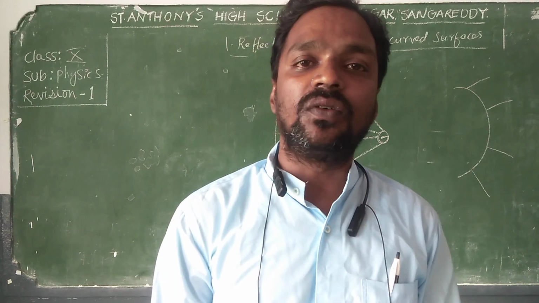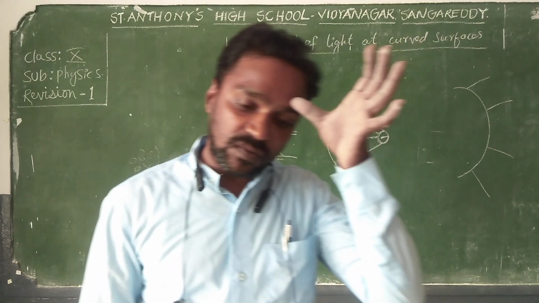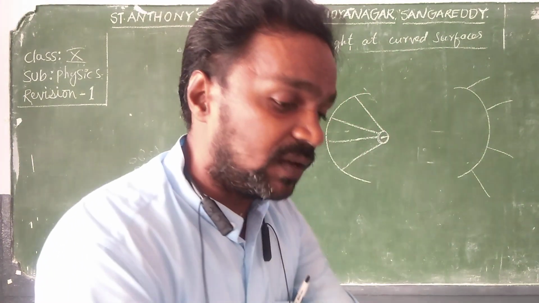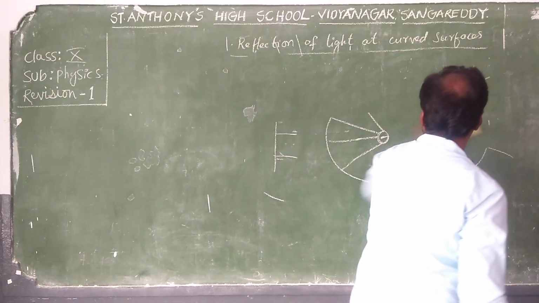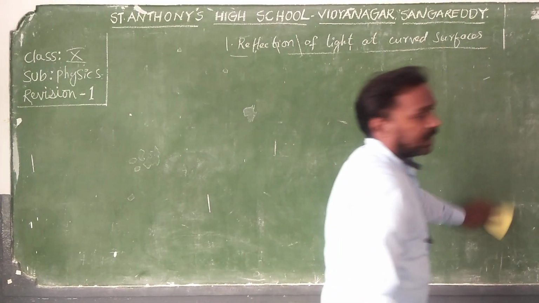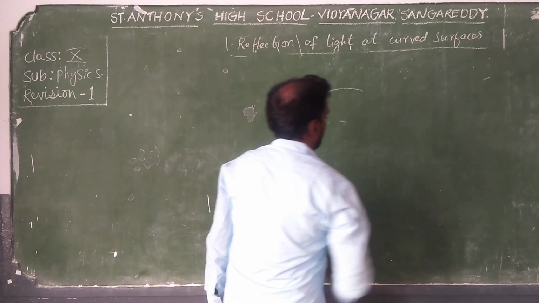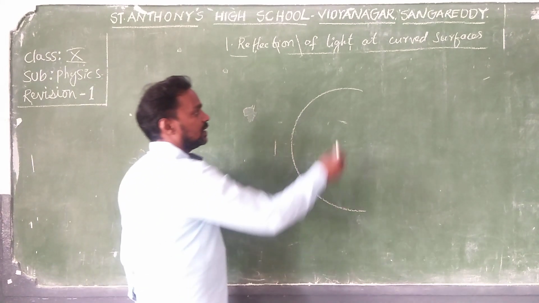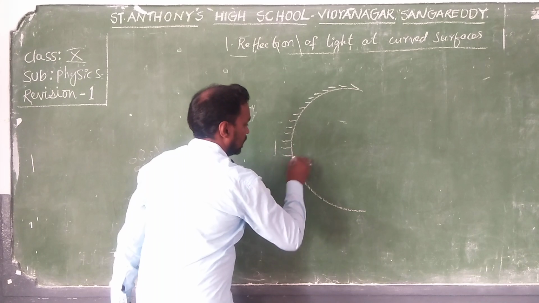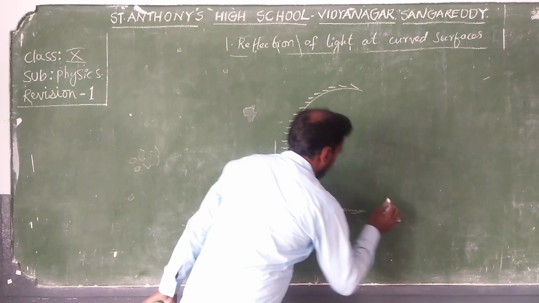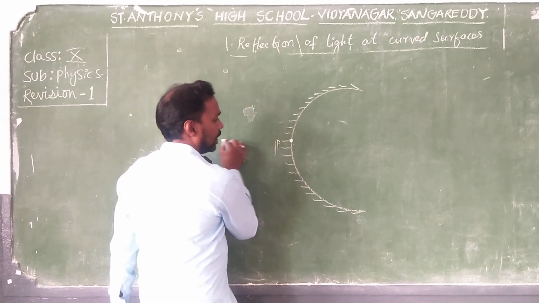Topic wise, if you go through it, you won't have any doubts. I told you about more than one ray coming towards a concave mirror. Let us see what will happen when more than one ray is coming. This is a curved mirror, polished on the outside, that means a concave mirror. Take the geometric center as the pole, and draw a line.